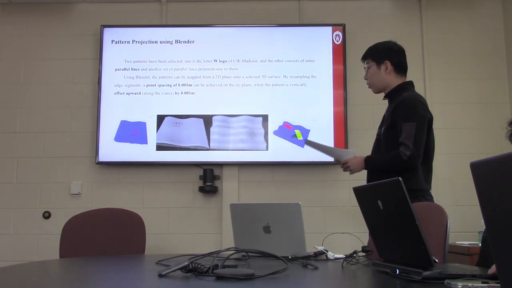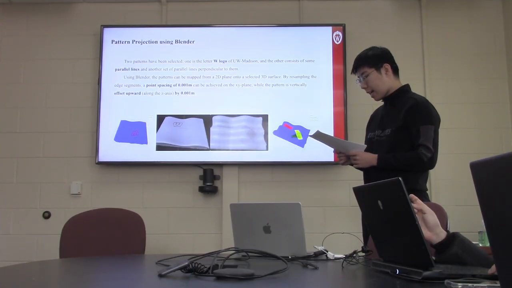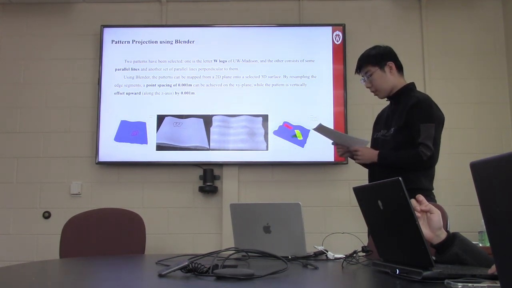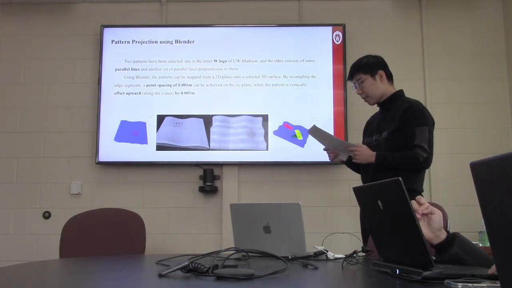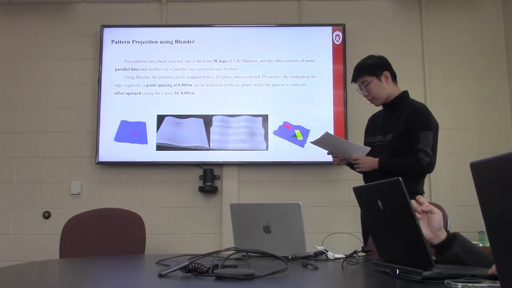The final step was to project a 2D pattern onto the 3D surface I had scanned, and I used Blender for that. I tried two different patterns. One was a UW Medicine logo, and the other was a simple cross-hatch pattern made of perpendicular lines. Using Blender, I matched each pattern onto a few chosen 3D surface models to maintain high detail in the projection